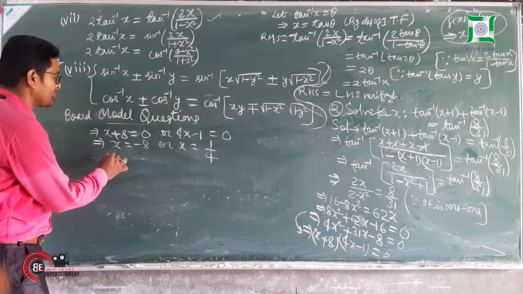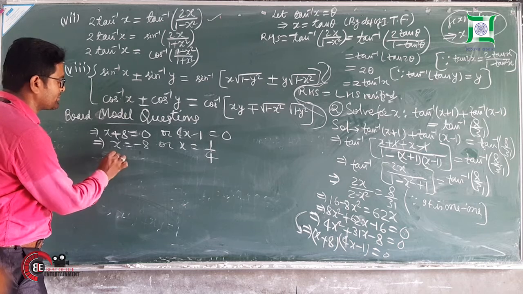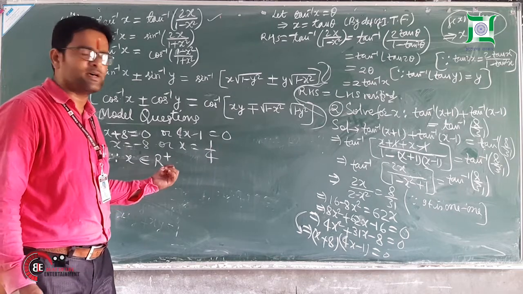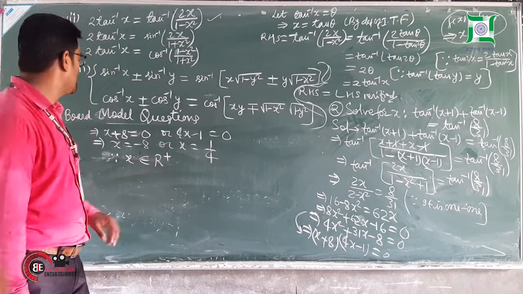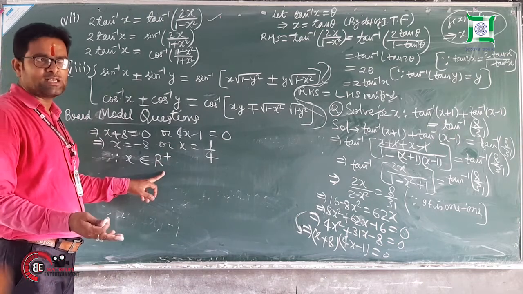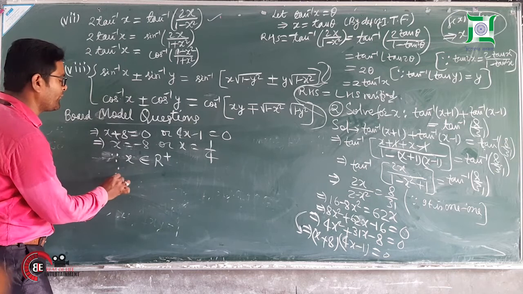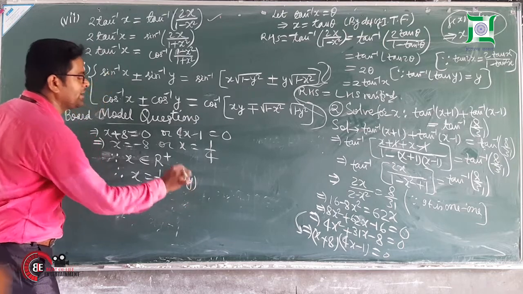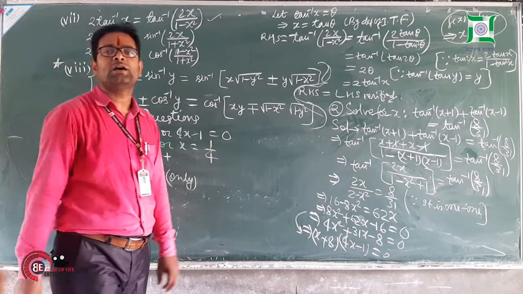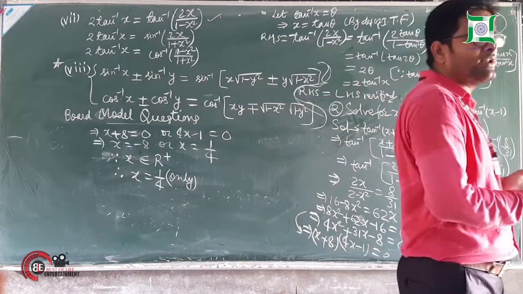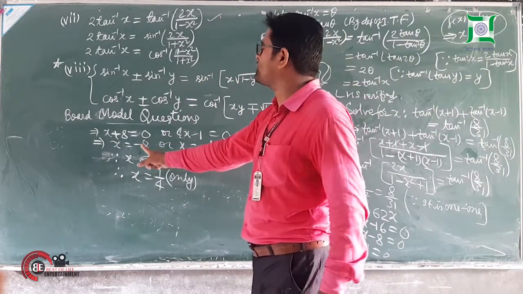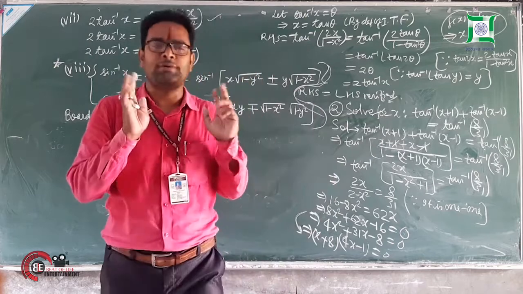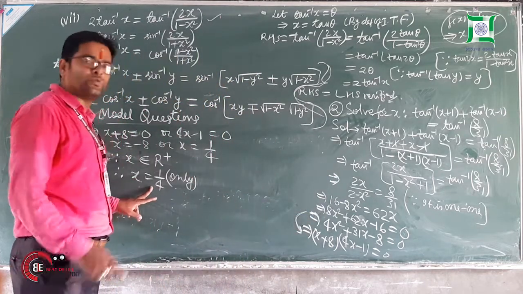So what can you write? This implies, since x belongs to R plus. Can we write R plus? If you don't understand R plus, we can say positive real numbers. So since x belongs to R plus, that is, x is a positive real number, therefore x is equal to 1 by 4 only. Why have we said only? That means x is equal to minus 8 is neglected. Why is it neglected? Remember everyone, it is neglected because within the inverse we always have positive real numbers. So remember that here x is equal to 1 by 4 only.